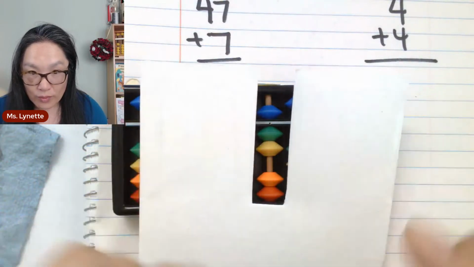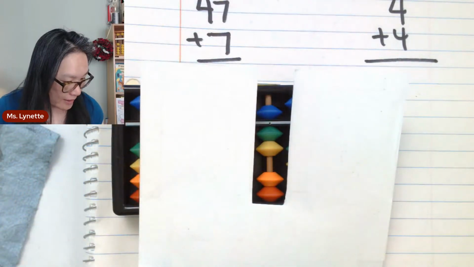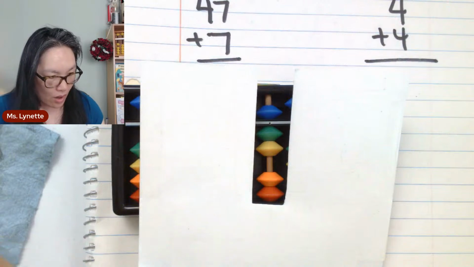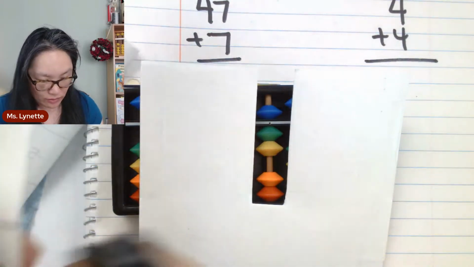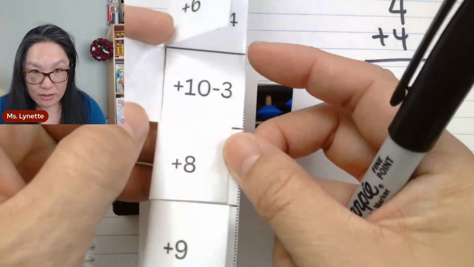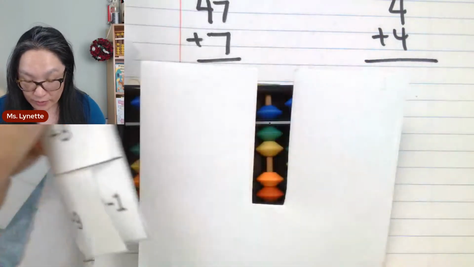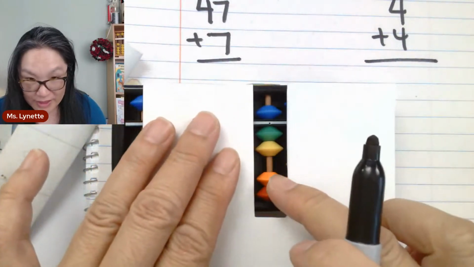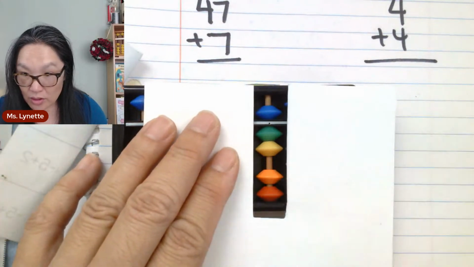So I know my formula. We know our formula is what? Oh, yeah, no, I did that. I gave that to you. Right. So I know my formula is 7 plus 10 minus 3. I know I do not have enough beads to add the 7. So I need to,